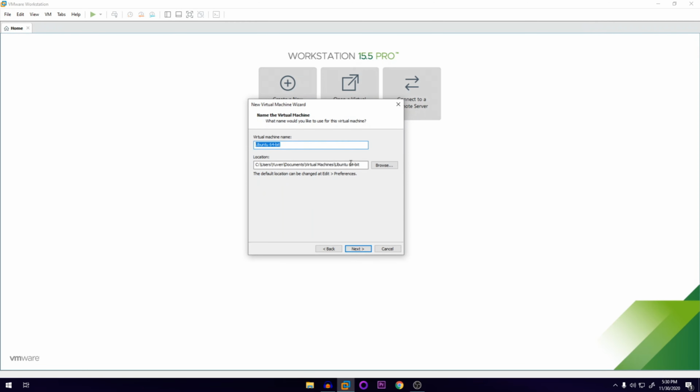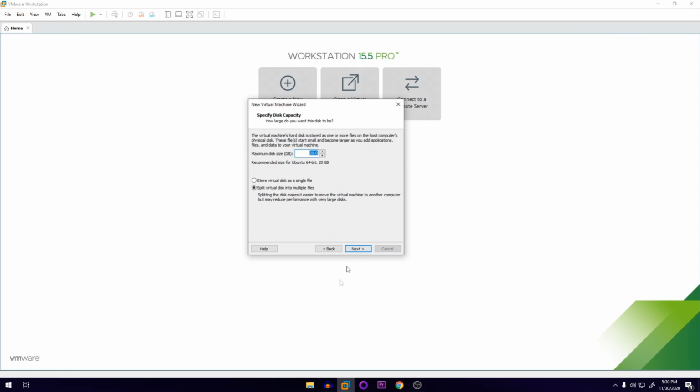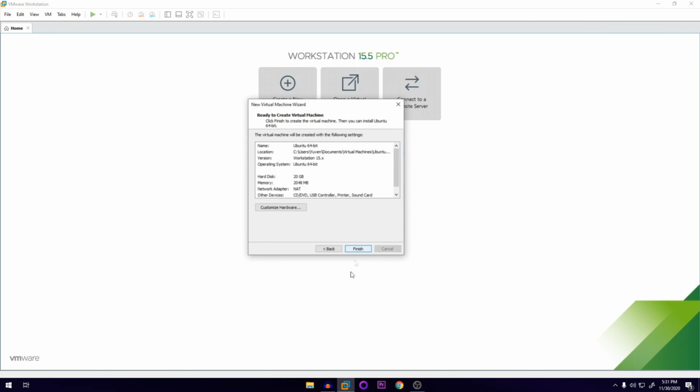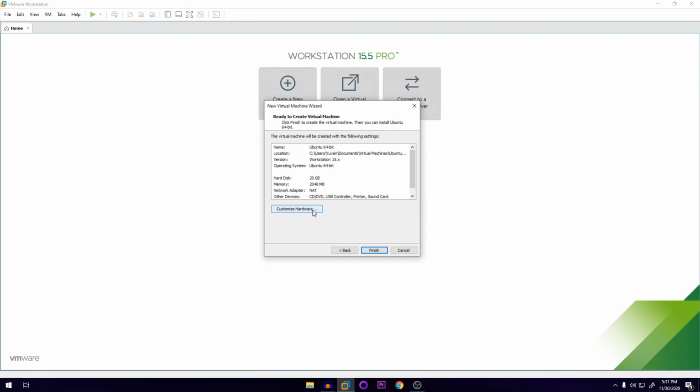So you're going to click on where you're going to save the virtual machine. I'm okay with saving it in my documents, so click on next, and here we're going to allocate the drive space. So recommended size is 20 gigs. I'm going to leave it at 20 gigs. Okay, and I'm going to click on store virtual disk as a single file. Okay, and click on next, and then here, okay, this is the big deal guys,